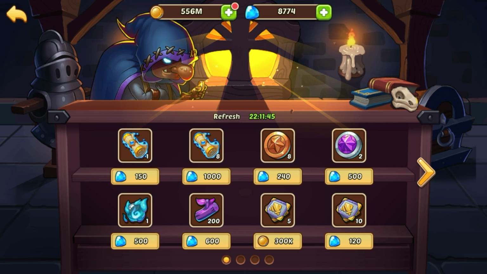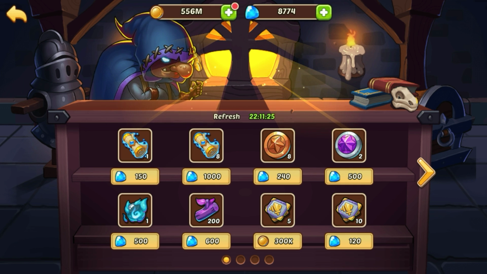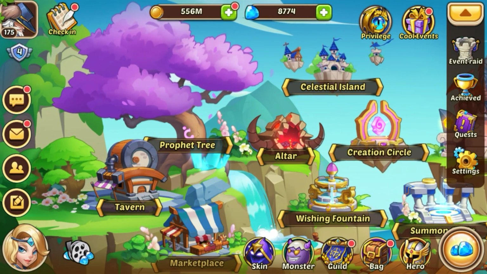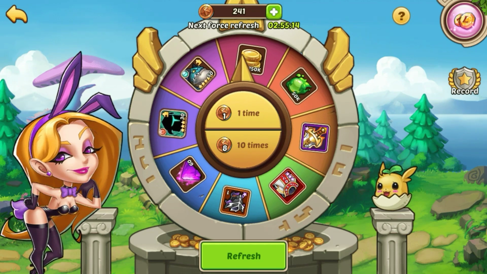so really if you're a newer player, you want to focus on this event as well as the militants event, or fighters competition as it's called now. That's where you should be probably spending your gold and gems. That's just my advice. So since it is the Wishing Fountain event, let's go in here really quickly, and